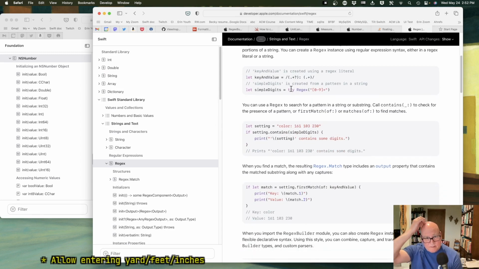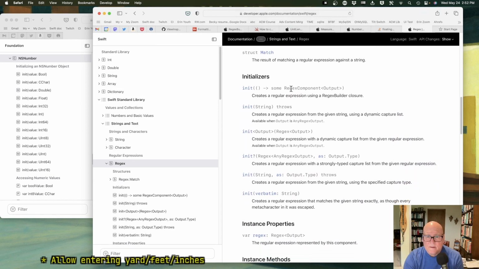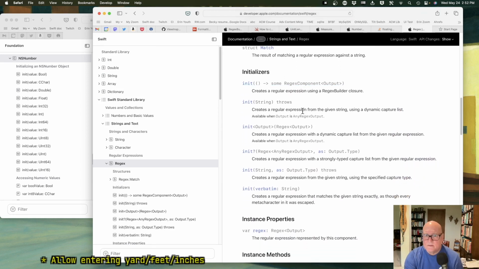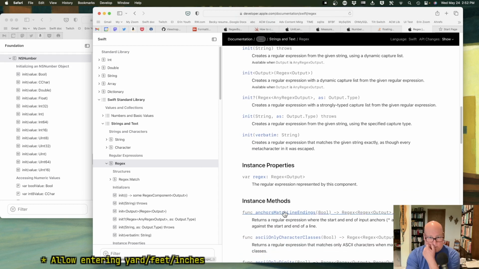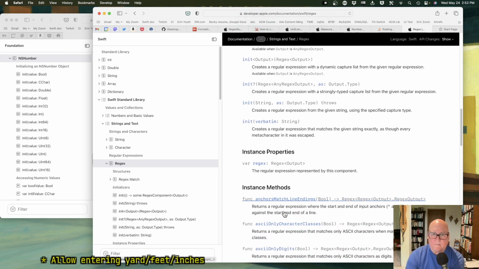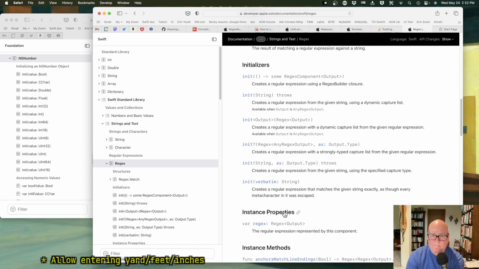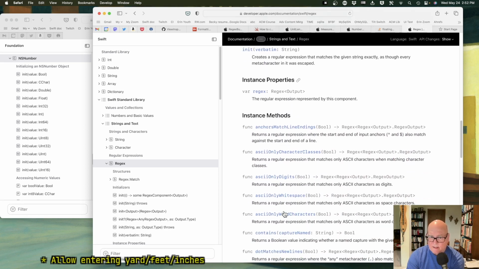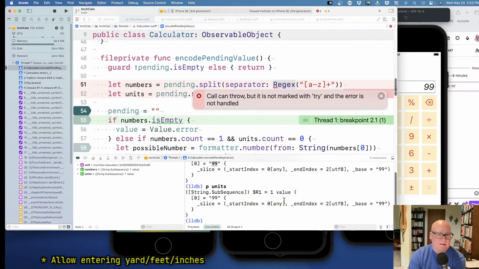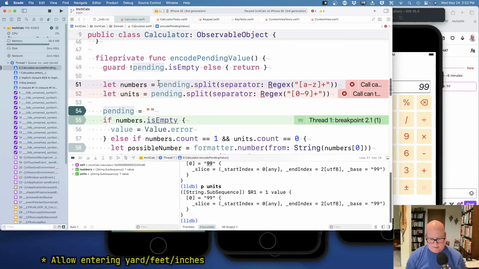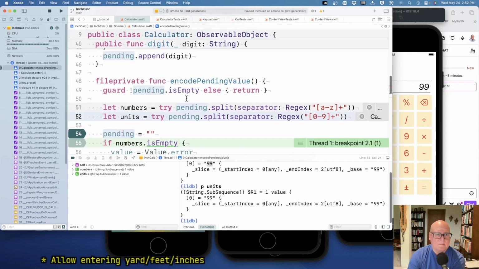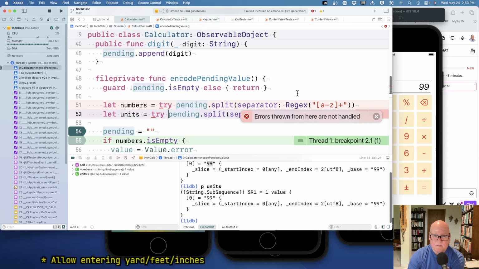There's try. Init yields some zeros. Dynamic capture list. I guess if I gave it a non-regex, it would be very upset. But once I go down this path of try, it's going to want catches and throws and